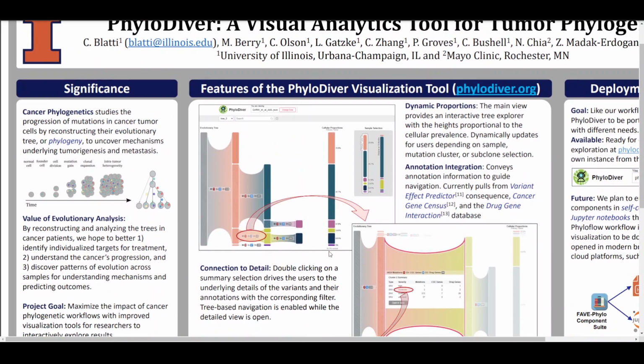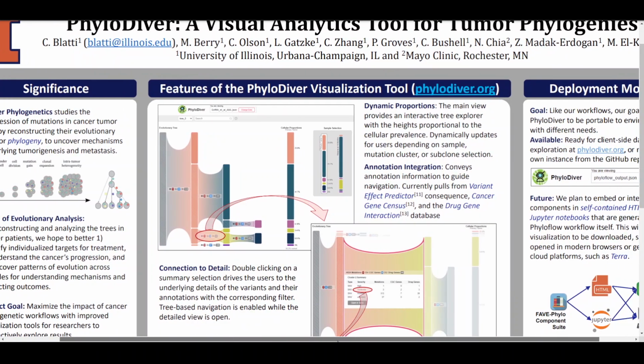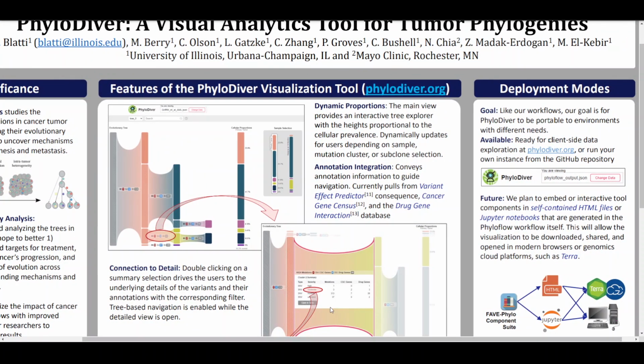So that brings us to PhyloDiver and some of its key unique features. First is the feature of dynamic proportions. So PhyloDiver shows in its main view the evolutionary tree, and for a selected sample, the cellular proportions of the subclones. And the cellular proportions are informing the heights of the nodes, the leaves of this tree, and this dynamically